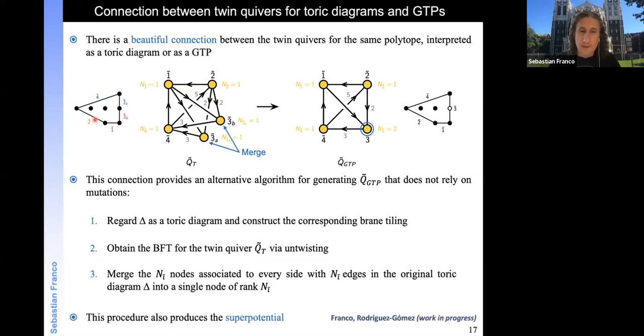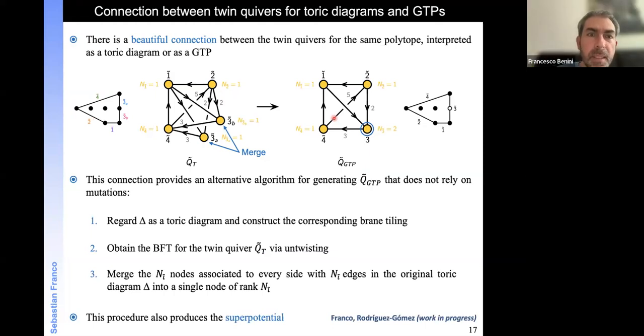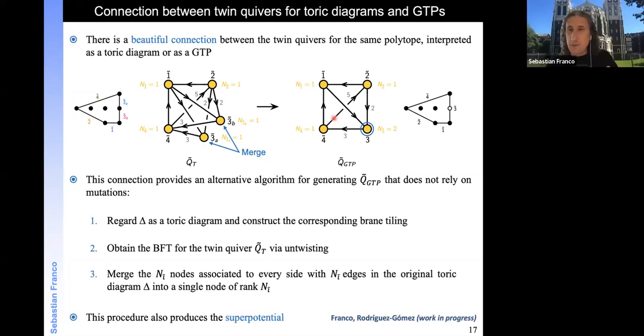It's actually much more interesting than this. We're looking at it with Diego. This procedure also produced the superpotential of this theory. So forget about GTPs. This is the closest that I know that you can get to a dimer or brane tiling description or BFT description of a non-toric phase. Actually, I don't say it's the closest. I think it is the dimer description of a non-toric phase,